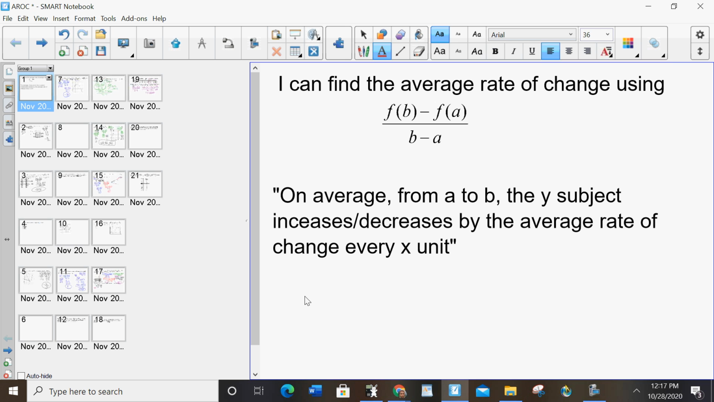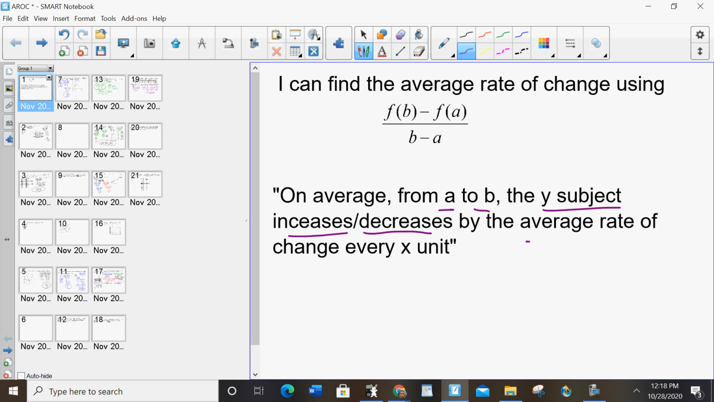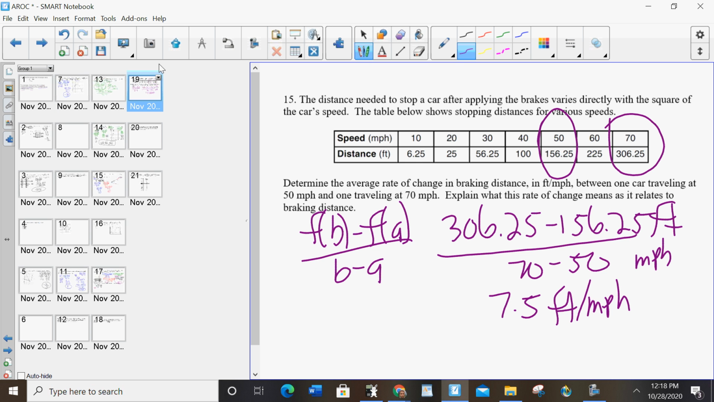We're filling in what A and B are. We're filling in what the y subject is. We're filling in if it's increasing or decreasing. We're filling in the average rate of change, and we're filling in the x unit. So here, it would be,